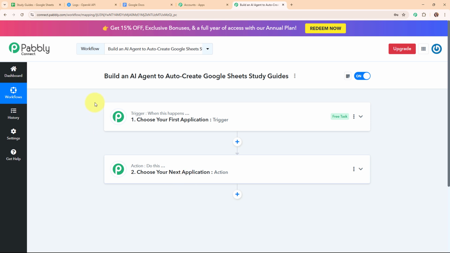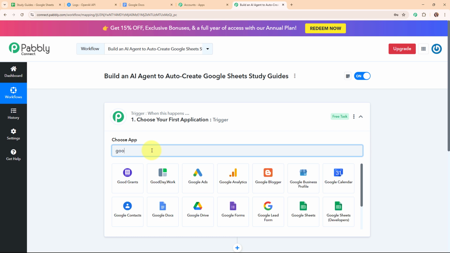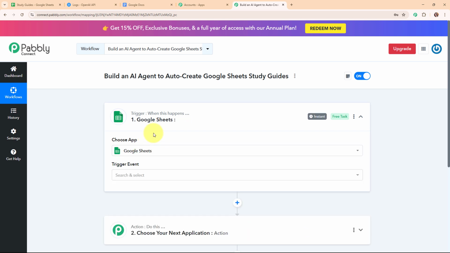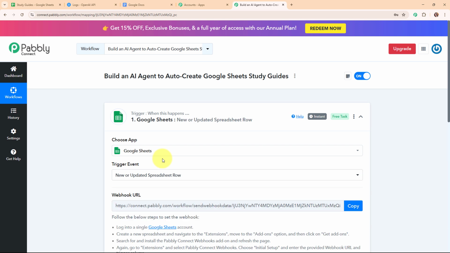Now let's begin with our automation by simply setting up a trigger. So here I'm going to select my trigger application as Google Sheets, as I am adding my new details, or you can say the topics, in my Google Sheets. So Google Sheets is a free web-based spreadsheet program that allows you to create, edit and share spreadsheets online. So in my Google Sheets trigger step, I'm going to select my trigger event as new or updated spreadsheet row,